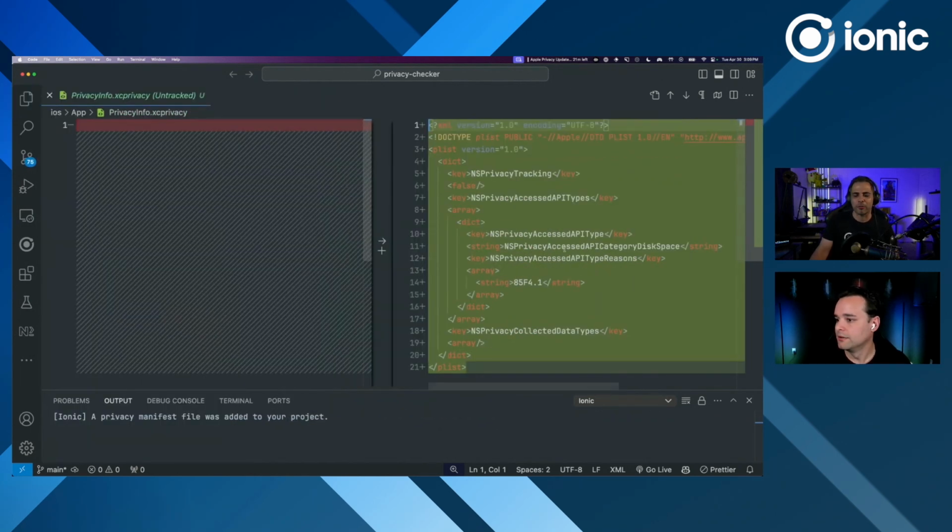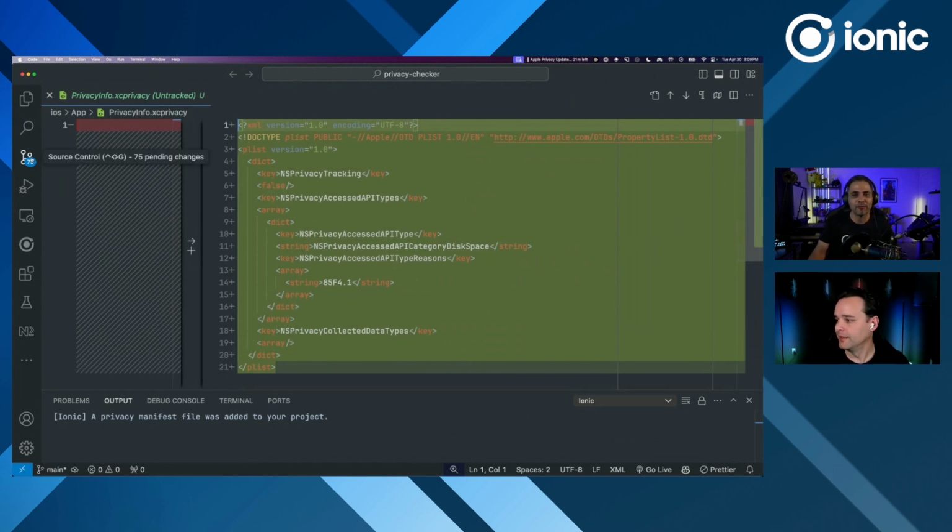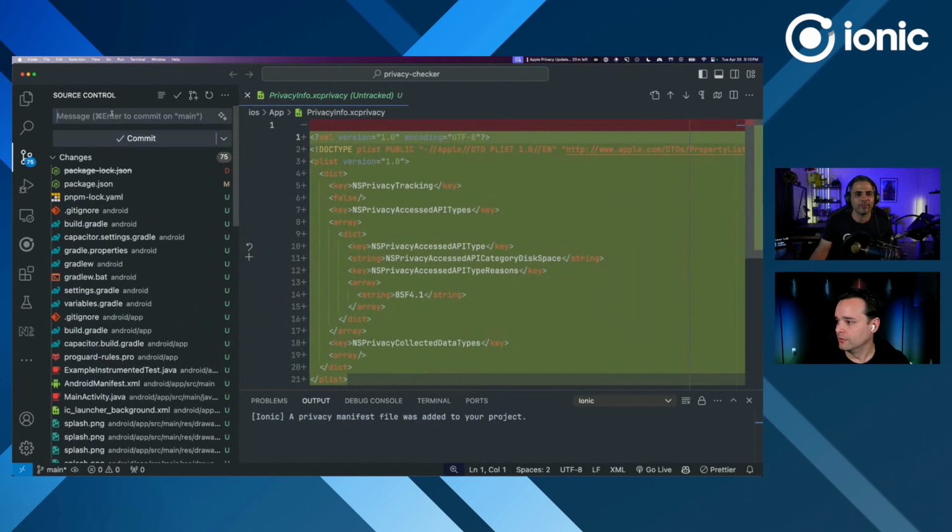Well, I think the cool part about this is that you get to be as involved as you want to be with it. If you want to create this on your own in your Capacitor projects, you totally can. Or if you need the guidance and the recommendations from the Visual Studio plugin, it's there for you too. And you can use that and not even have to worry about any of this. Yeah, absolutely. So we'll just commit all of these